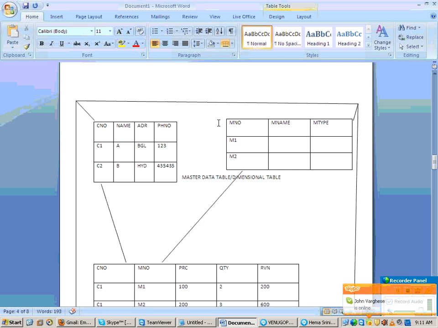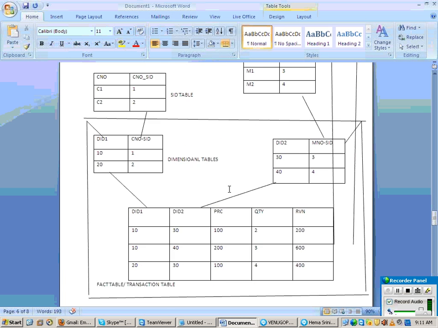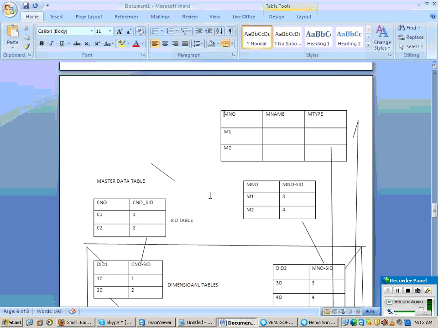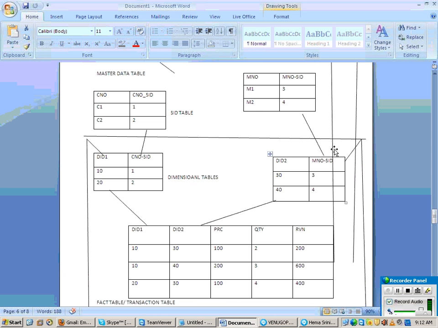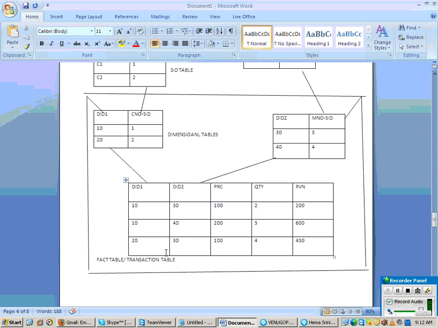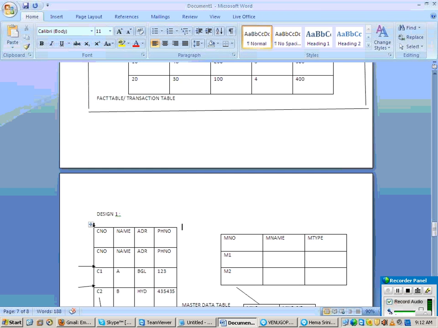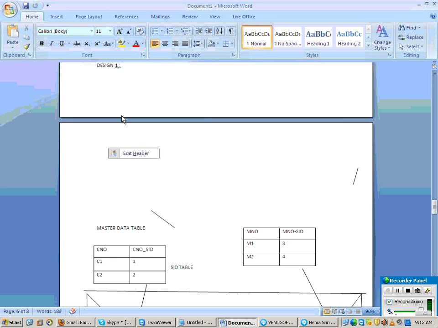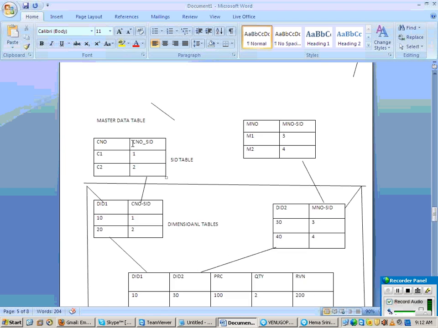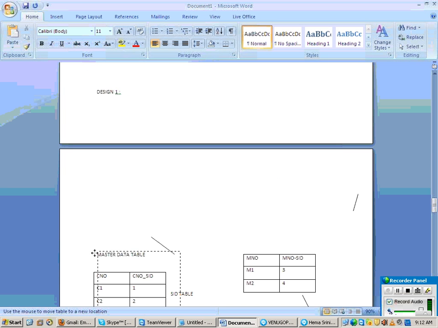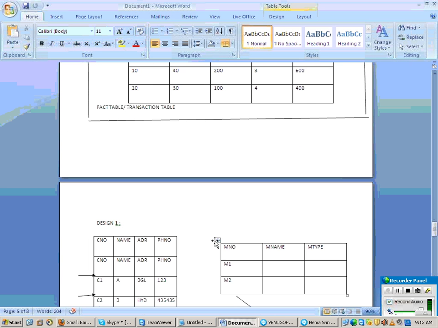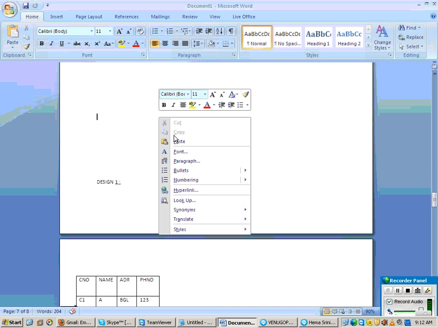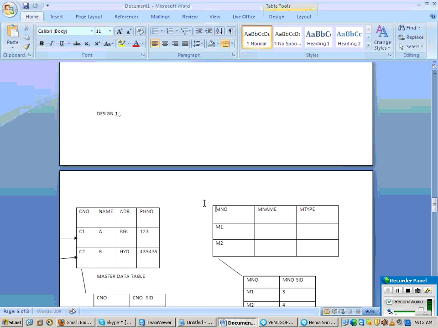Now can I combine these 2 master tables as one? The table itself I cannot combine as one, but now due to this SID and this dimensional table concept, you know, so what is that now?